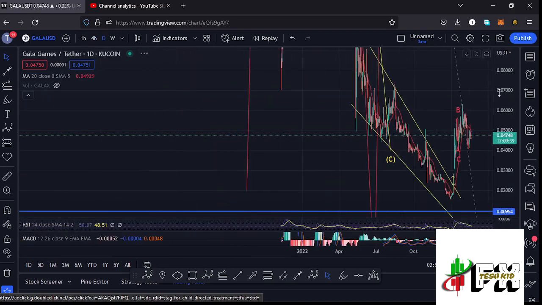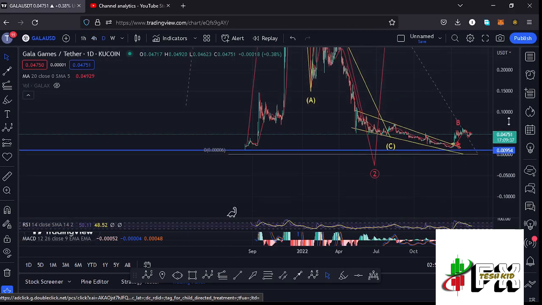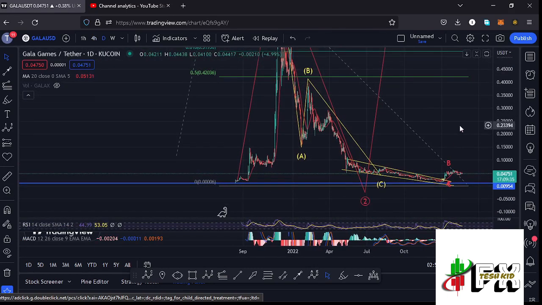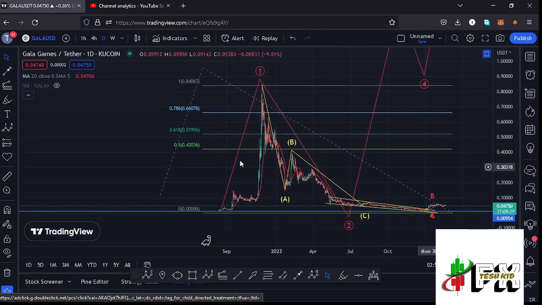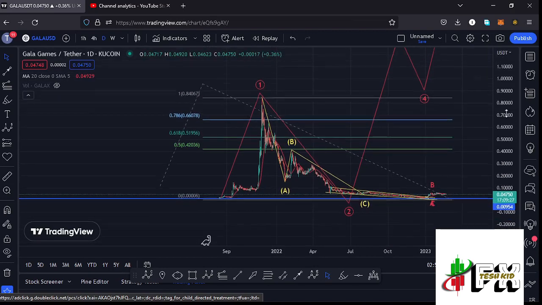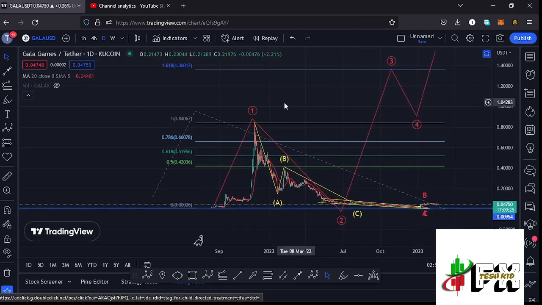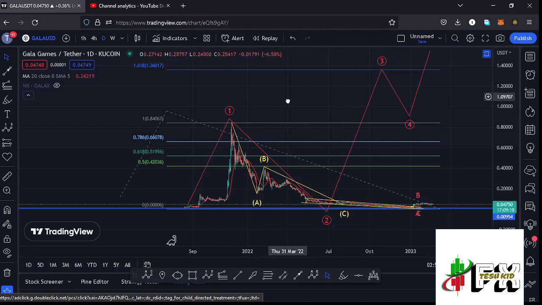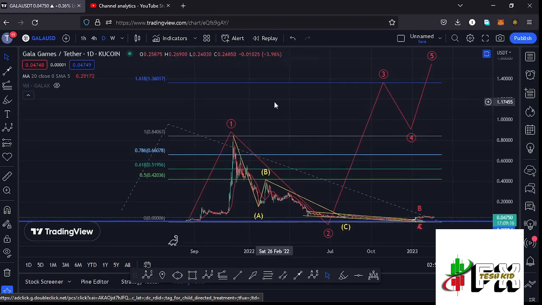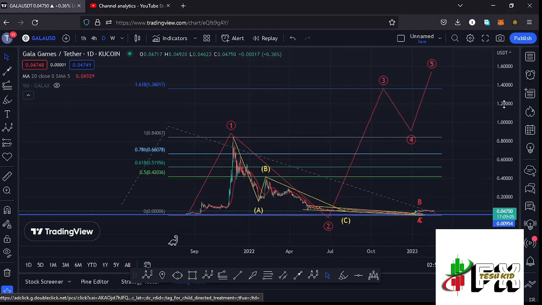Also jumping to the daily chart to give you the long-term scenarios that I'm expecting to play out here on the Gala Games chart, you can see that from these low prices that we had been trading within, Gala Games started a massive bounce to the upside, seeing the all-time high at around the $0.84 mark in what I'm terming as that first wave to the upside. And after seeing the all-time high, we started the bear market, where we had been seeing lower prices in this ABC corrective structure in a move that has now given us the low for that higher Elliott wave count 2 to the lower side.